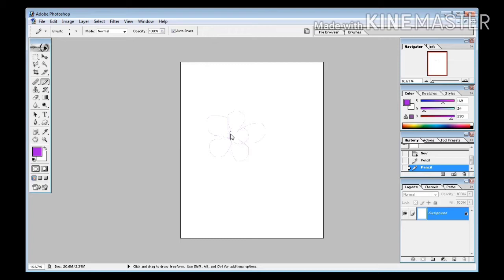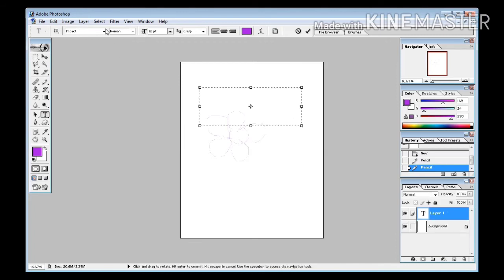Next tool is text tool. What is the use of text tool? This is type tool. Type tool is used to add text in the image. Select it and then after do it. From here you can change the font style. There are different font styles. You can choose desired font style. Whatever font style you will choose, accordingly